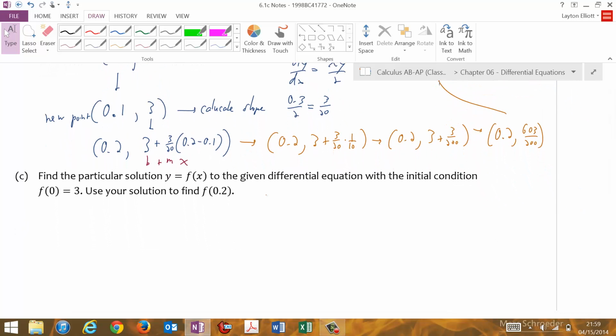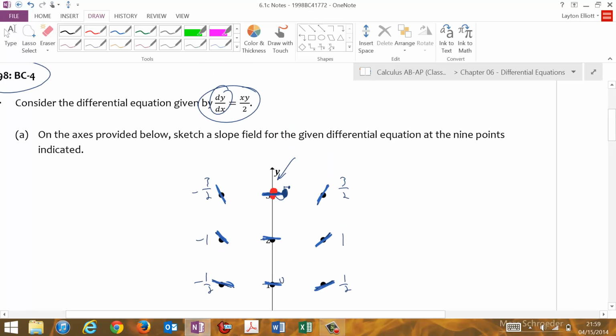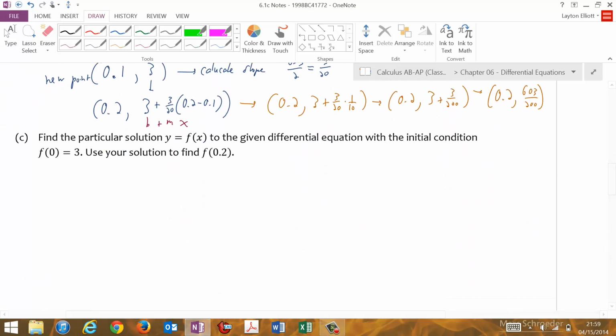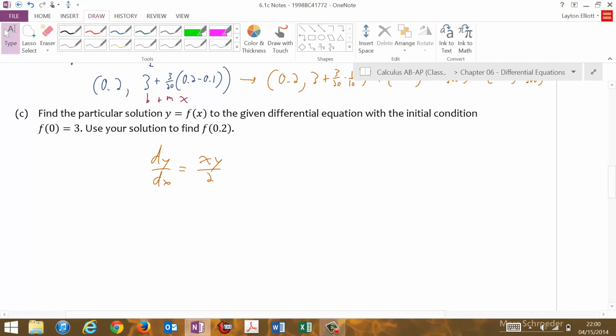Okay, now it says find the particular solution to the differential equation with the initial condition of f(0) equals 3. Particular solution means we're going back to differential equations. So I've got dy/dx is equal to xy over 2. I'm going to split this up, so I've got dy over y equals